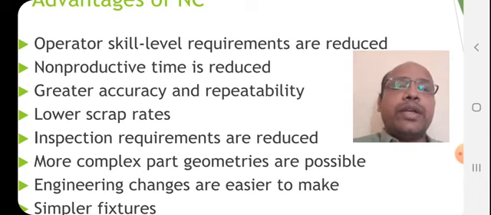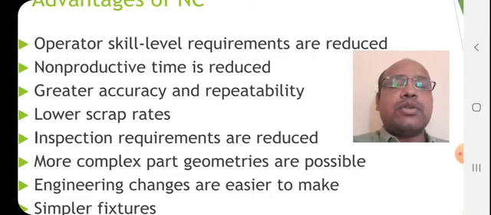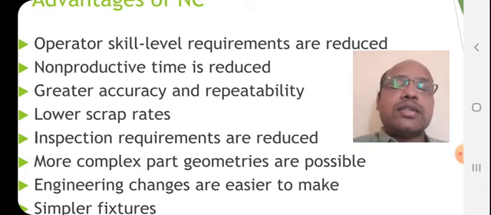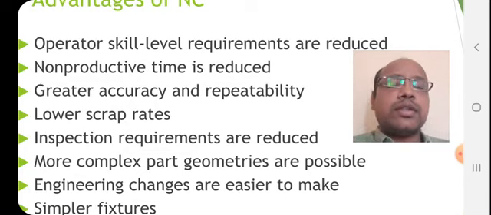So complex, in short irregular shaped, geometries you can manufacture by using the NC system. You can go for a contouring NC system for getting different irregular geometries. In the last lecture, one student from our class, Raju Padde, asked whether we can go for irregular geometries. So yes, my answer is that we can go for irregular geometries.